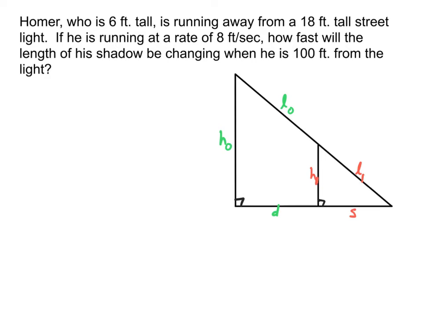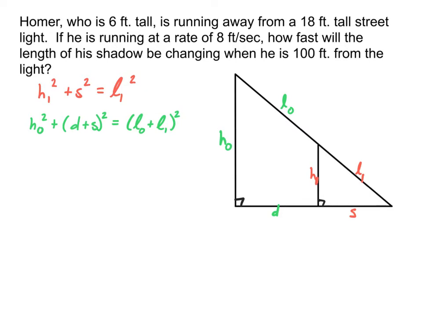The first would be to set up Pythagorean theorem for both triangles. But you notice that if we do that, we now have two equations with all these variables in them. And my next step would then be that I have to figure out some way to combine them into a single equation, which yes, can be done, but it's going to be somewhat tricky because we're going to have to